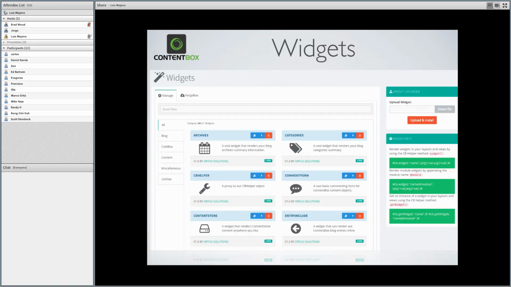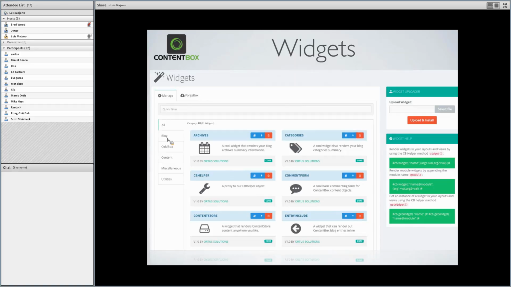Check out the API docs. There's a lot of great functionality here. You actually will build your widgets based on the CBHelper and your themes. So your themes will constantly use the CBHelper to get links, to get settings, layout settings, theme settings, even mobile detection. So the CBHelper is your go-to CFC to provide all this integration. Okay? And obviously it has a lot of aggregations to many other services that you can use as well.